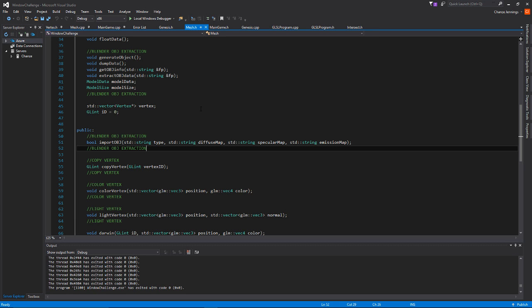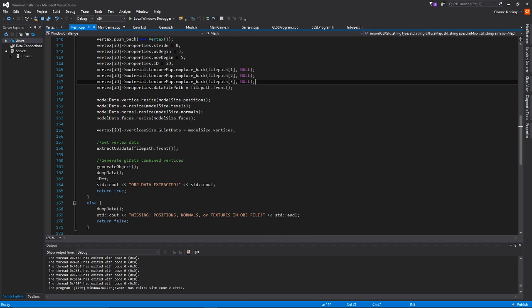But I could have a vector of a pair, and then have it as vertex and then a name. So then I can say, okay, I want to do this 001, whatever ID I can give it. And then I actually know what I'm copying, or what I'm writing to, what I'm rendering, rather than just putting zeros and ones and twos and threes and fours and all that stuff. So yeah, I think that's probably the next thing I'm going to do. I'll probably go through